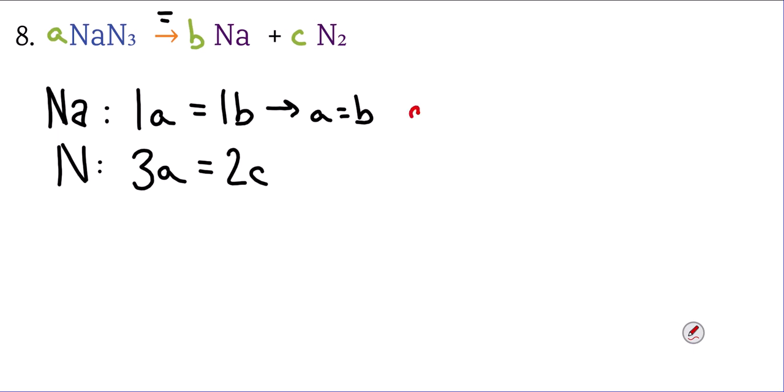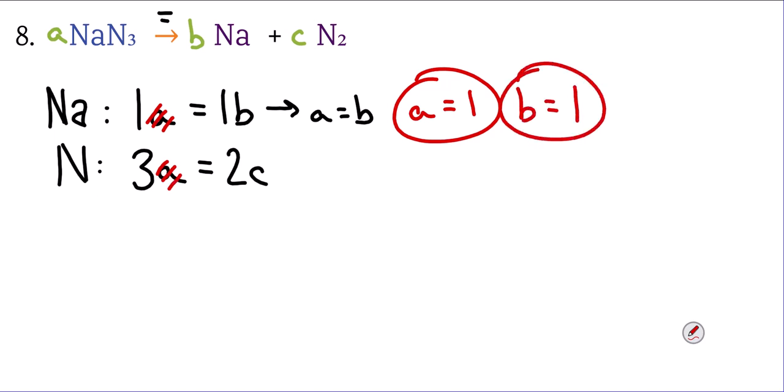The equal sign comes at our yields or produces arrow. A and B are equal. We need to select one thing, set it equal to 1, and solve for the rest. I'm choosing A